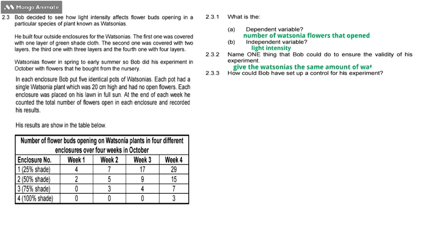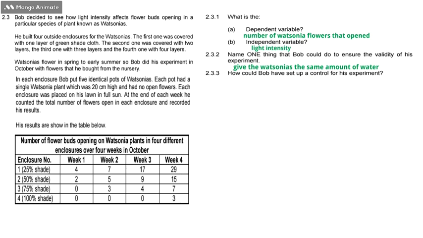He shouldn't deprive any plant of water. You should give the same amount of water to each plant. Or you can also plant the wasonia plants in the same type of soil, and also put the same amount of soil, and also